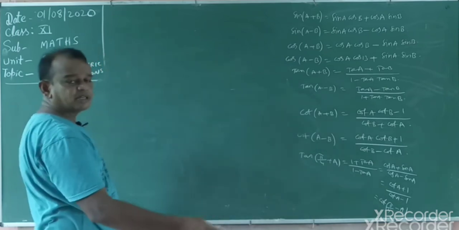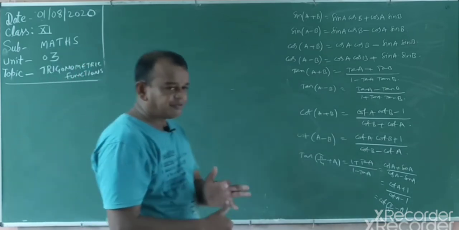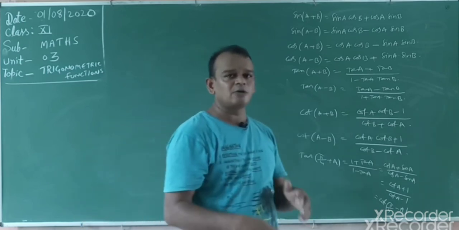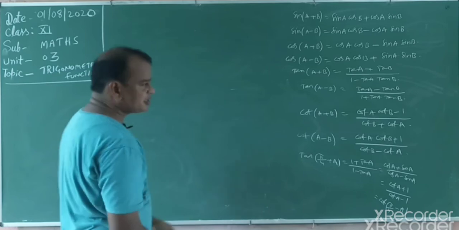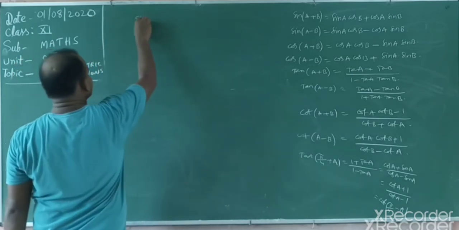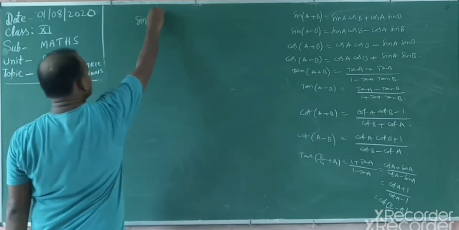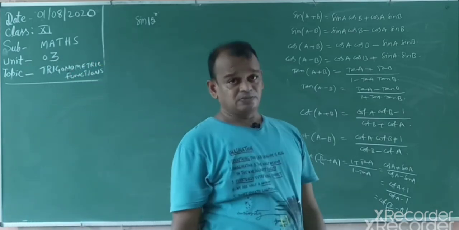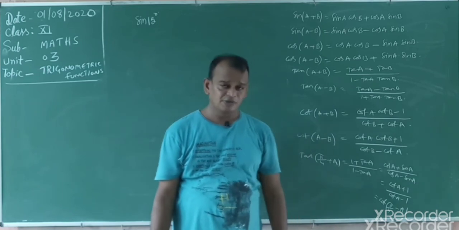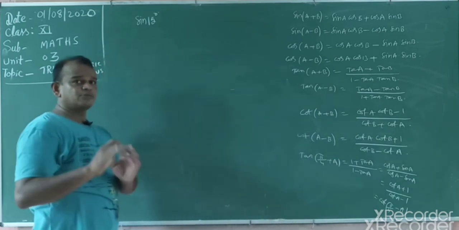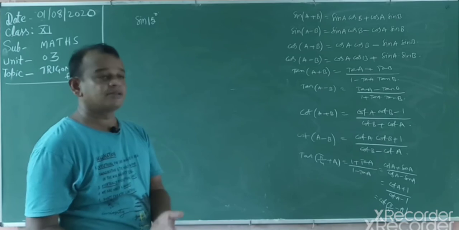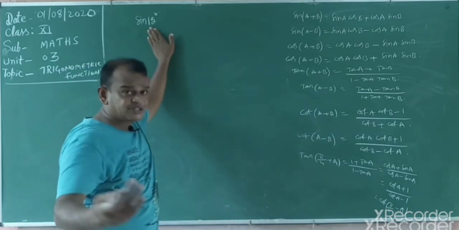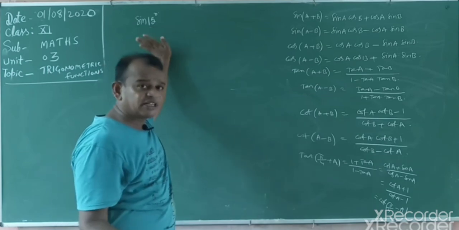Now suppose in the examination, find the values of sin 15, cos 15, tan 15, cot 15, secant 15, cosecant 15 degrees. Find the value of sin 15 degrees. You know the values of sin 30, sin 45, sin 60 very well. You write 15 degrees as the sum or difference of known angles, 60 minus 45 or 45 minus 30, whatever it may be.